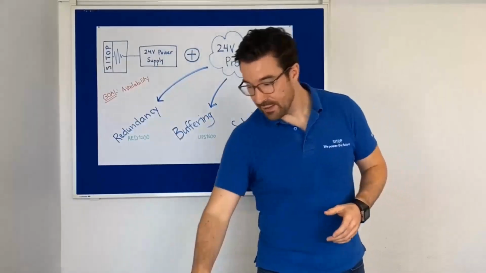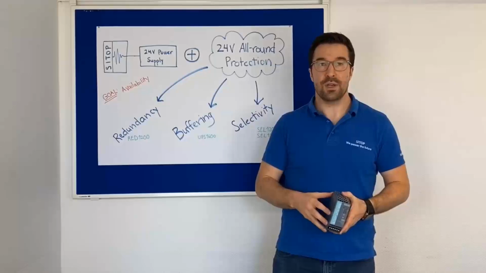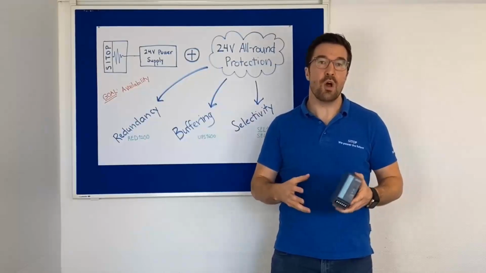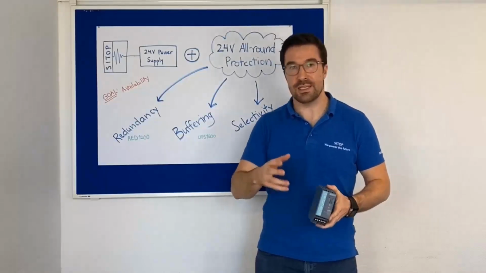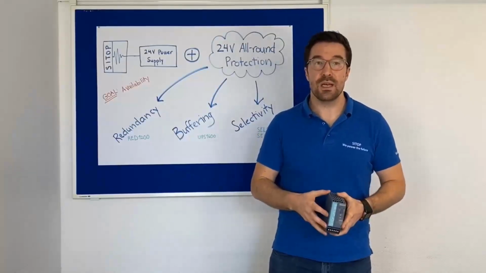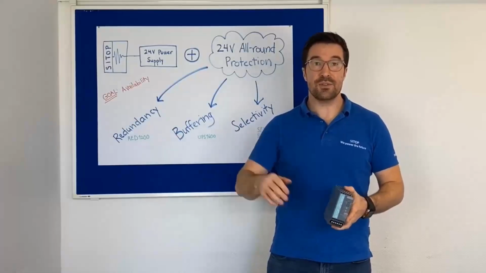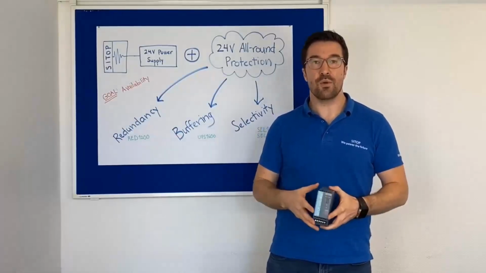Now the last one is the supply of your mains network, and this is our buffering component. Not all networks are as available or as stable as you'd expect, and we see that 80% of our applications have up to 20 millisecond cutouts in their supply. This affects your 24-volt supply.